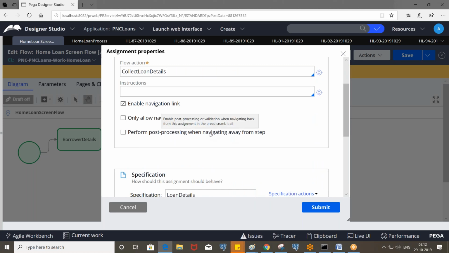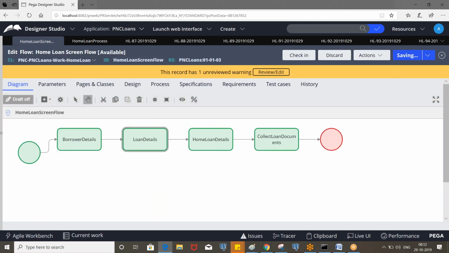If we enable this, the post processing rules will be executed, and if this is checked, the link will be enabled only if the step has been completed. So let's say I select only allow navigating back to this step in the second assignment, and let's see.